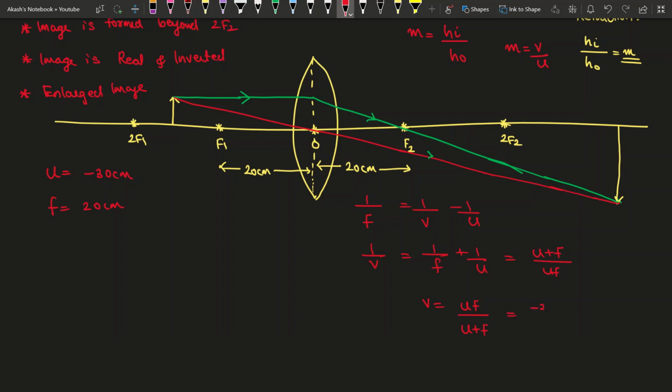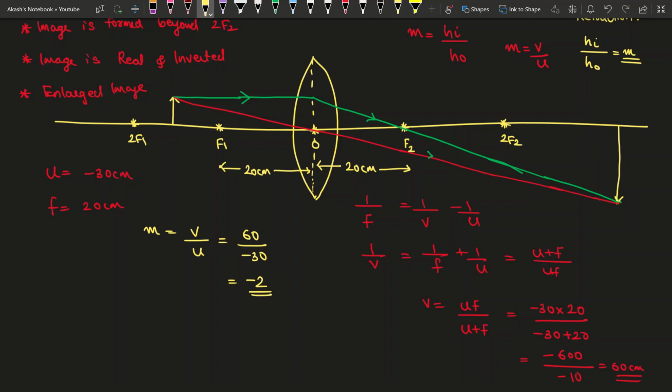What is u? U is minus 30. F is 20. So v equals minus 30 times 20 divided by minus 30 plus 20. This is nothing but minus 600 divided by minus 10. So this is going to be 60 centimeter. So V is going to be 60 centimeter. If V is available, we can calculate magnification equal to V by U. V is equal to 60, U is equal to minus 30. So magnification is going to be